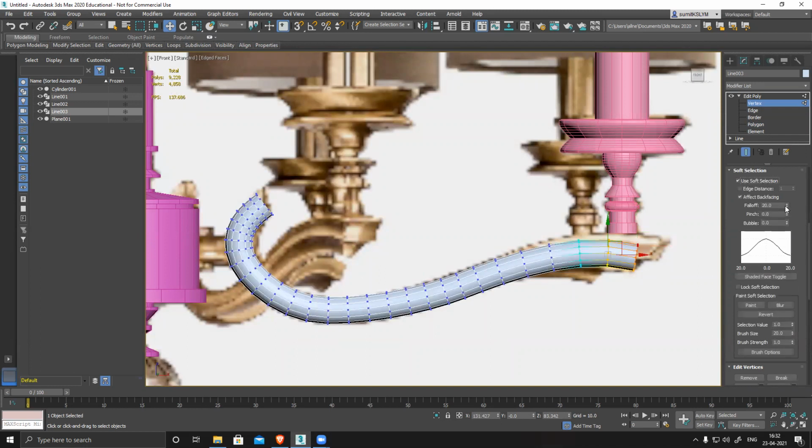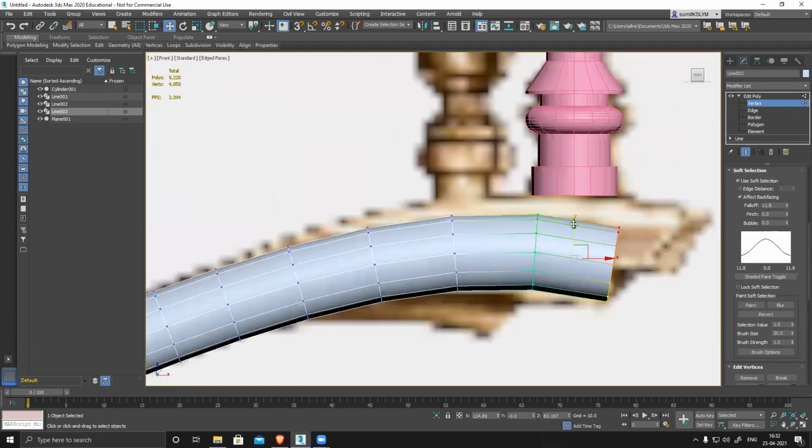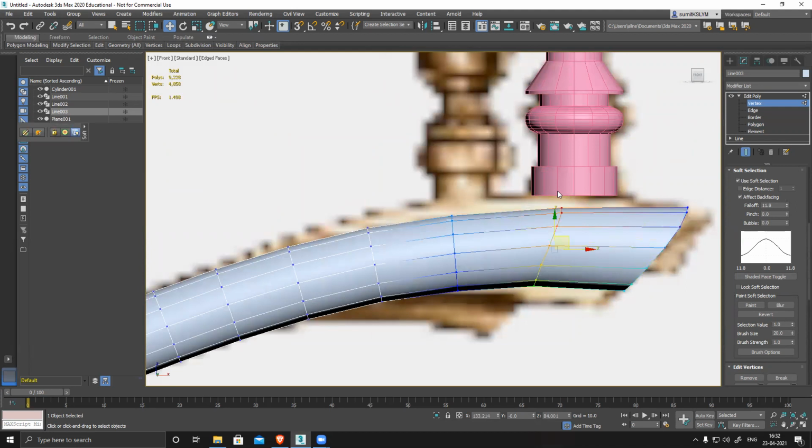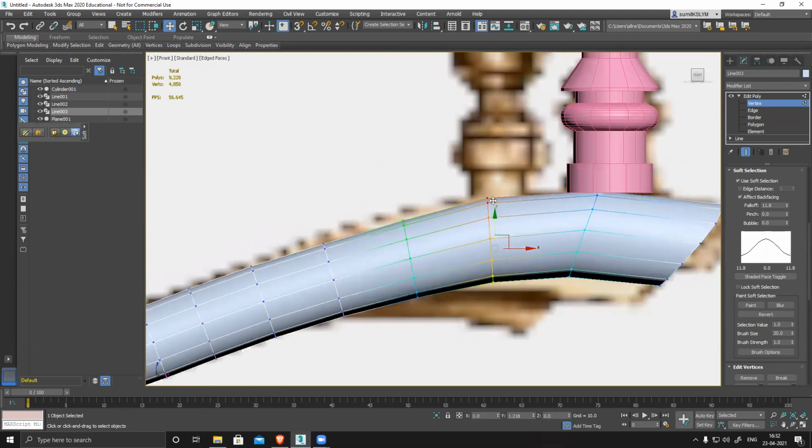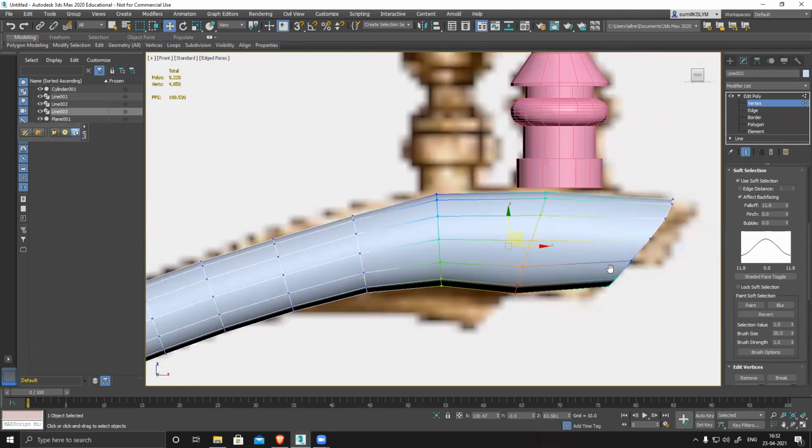Switch on soft selection, and then move it up or move it forward. So I'm basically matching with the reference now.